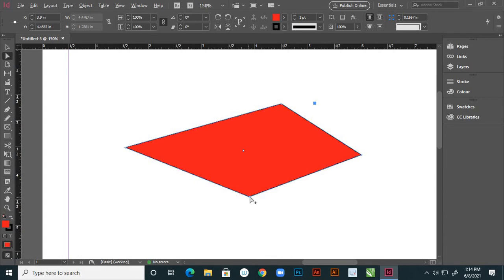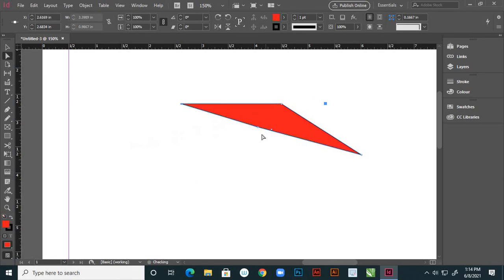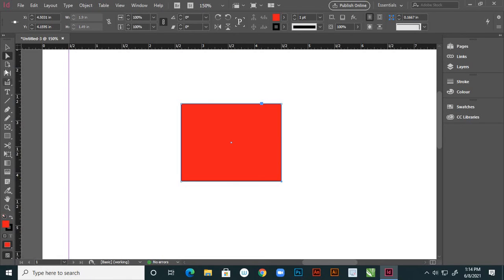See this, right? And Control Z. Basically this tool is useful for editing your anchor points. So this is a direct selection tool. The shortcut is A. And then the next, it is a page tool.